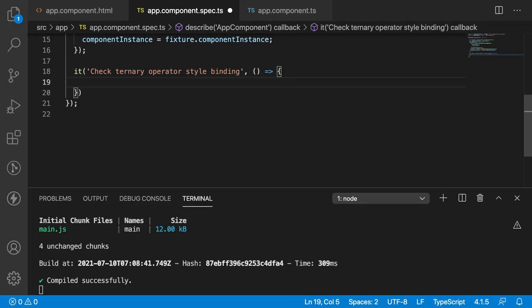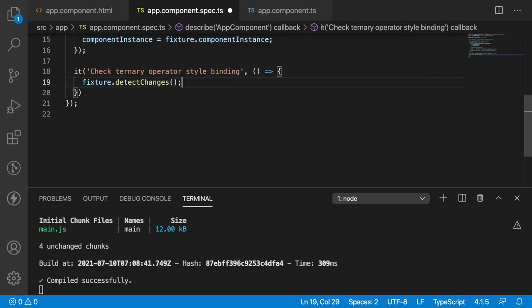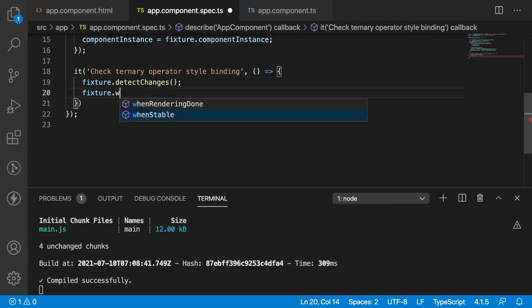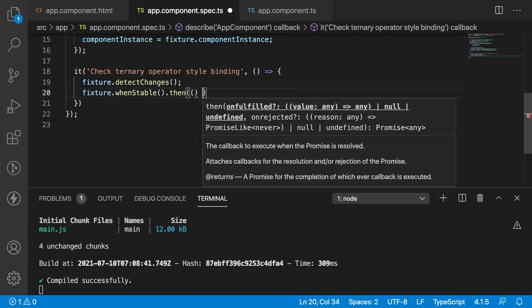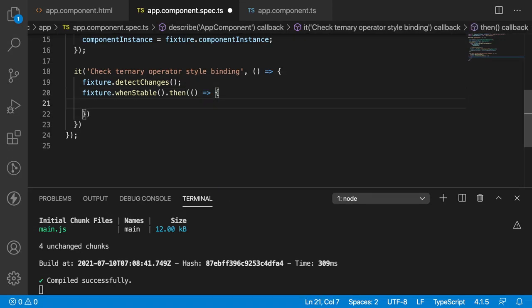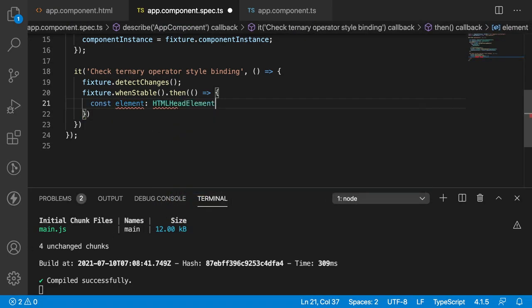So before getting the element, let me use fixture dot detectChanges, and fixture dot whenStable, it's a promise, and I want to get the response. When it is stable, I want to check the element, const element, which is of type HTMLHeadElement, and I want to use fixture dot debugElement dot nativeElement dot querySelector.